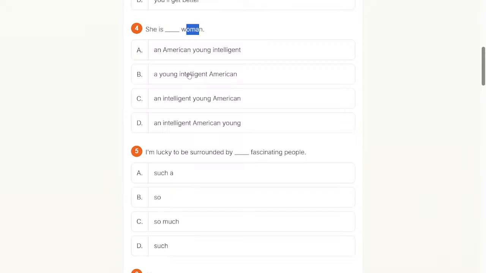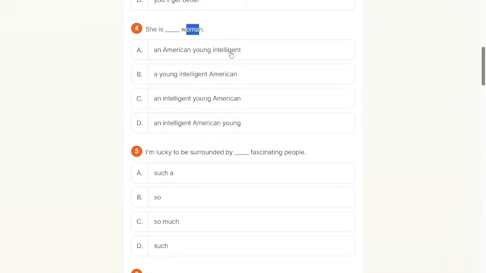We need only choose the word order of adjectives. American is region, young is age, and intelligent is our point of view.